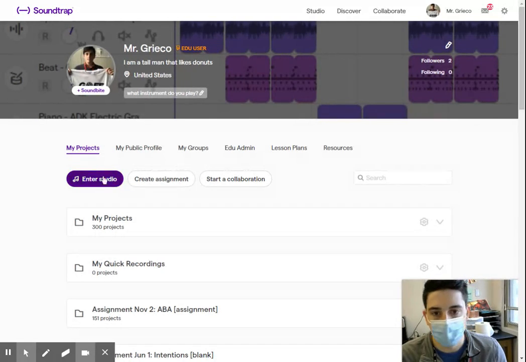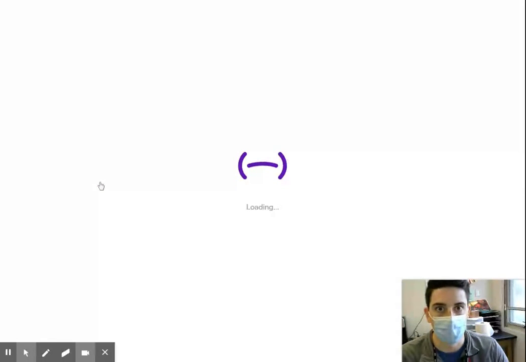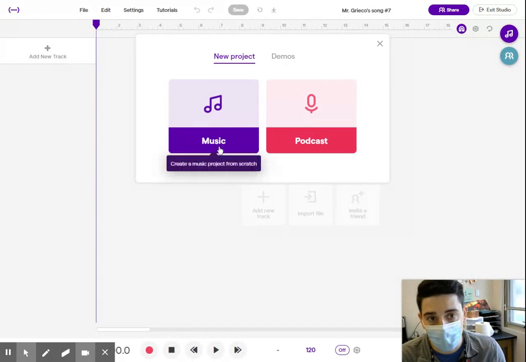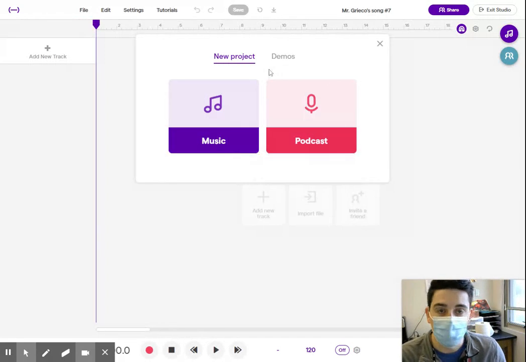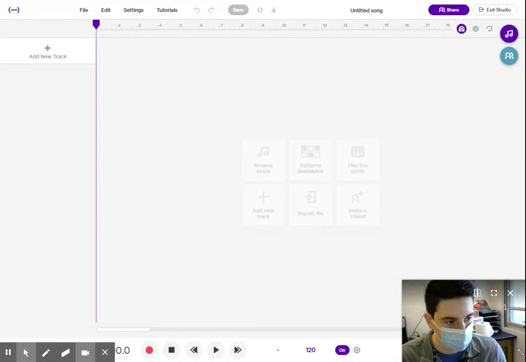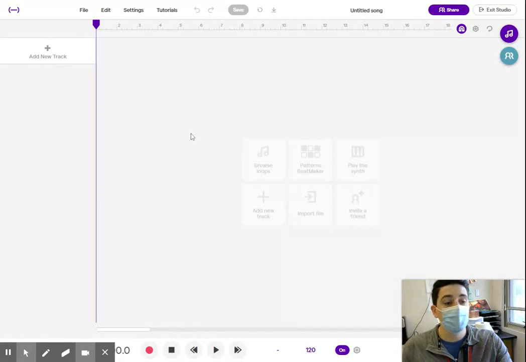Okay. First up, we click Enter Studio. Studio is their name for the DAW, the actual digital audio workstation. Okay, it's going to ask if we want to make music or podcasts, and we'll do both down the road. Obviously, we'll start with music. I usually just click on the X or music, whichever one. Next up, this is what a DAW looks